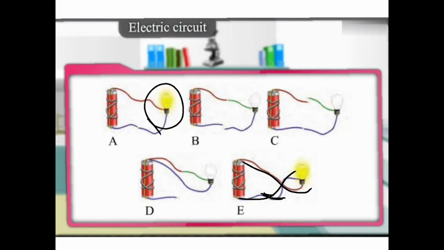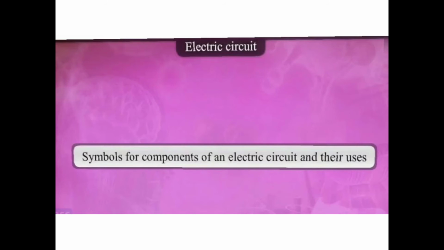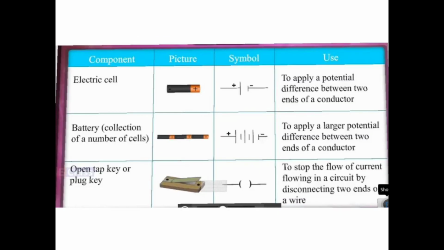Nowadays 10th standard most of the papers have such application based questions. Even in the 9th standard we have started introducing such questions where you have to find out the reason behind it. Now today we will learn the main basic thing, which is about the components of the entire electrical circuit and the uses of it. What actually, how it looks and how we symbolically write it down.